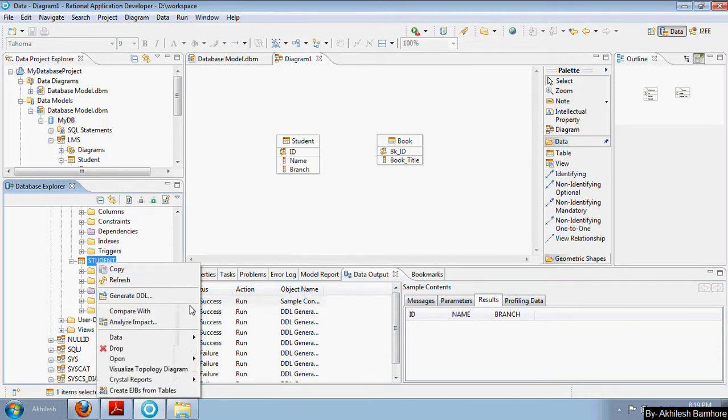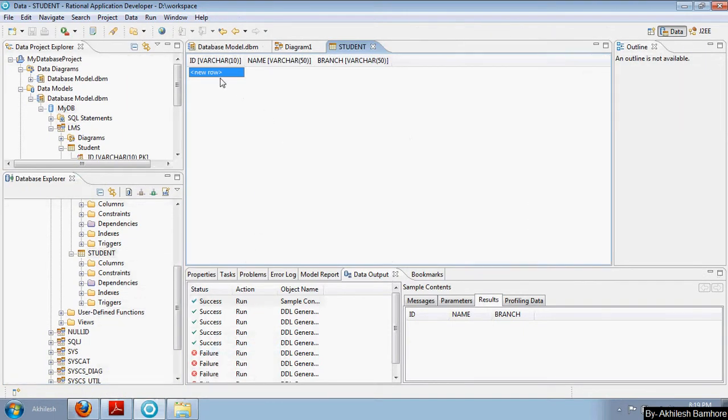Now you can edit it, you can insert the record directly. I have inserted 5 records.